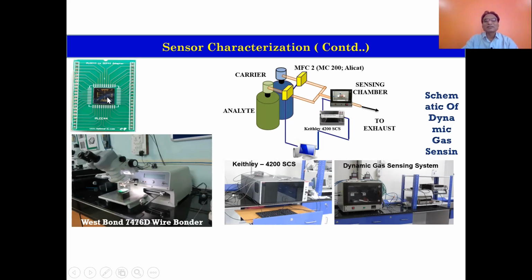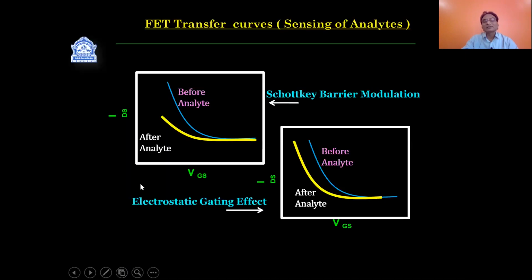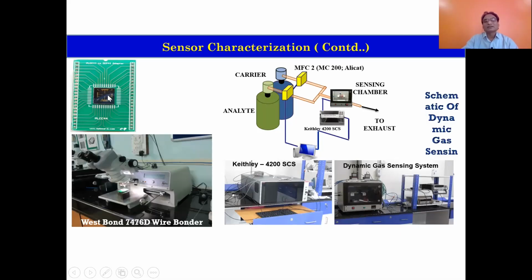This is the chip I was talking about. This is a 16 sensor chip. Once you align the material, you need to do the wire bonding here. Wire bonding can be done using this Westbond wire bonder machine, and then you can have the wire bonded here, and that can be kept here. This is the small sensing chamber which we have developed in our research laboratory, and then you can go for